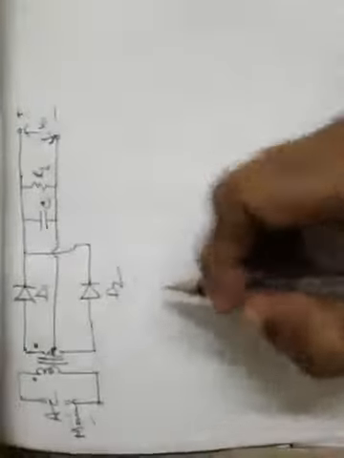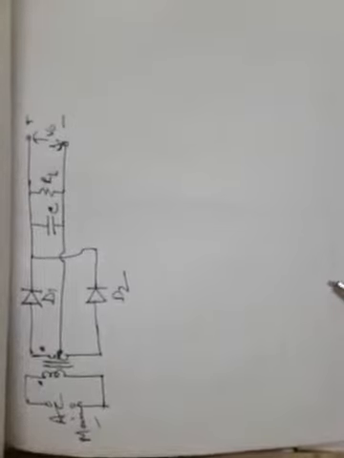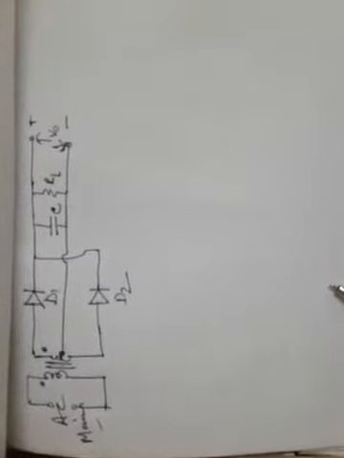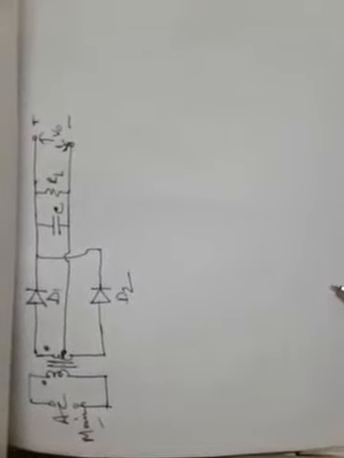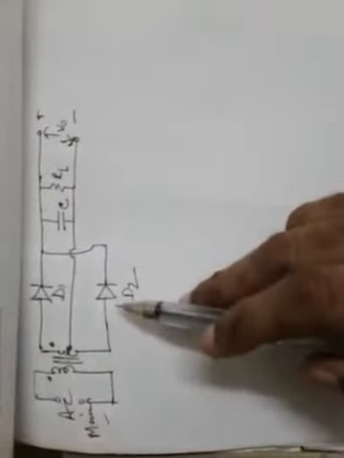Everybody, in this lecture we will be discussing the use of a shunt capacitor filter with a full wave rectifier to get a ripple free output, or a pure DC. So this is the circuit diagram. You are familiar with the center tap configuration of the full wave rectifier.